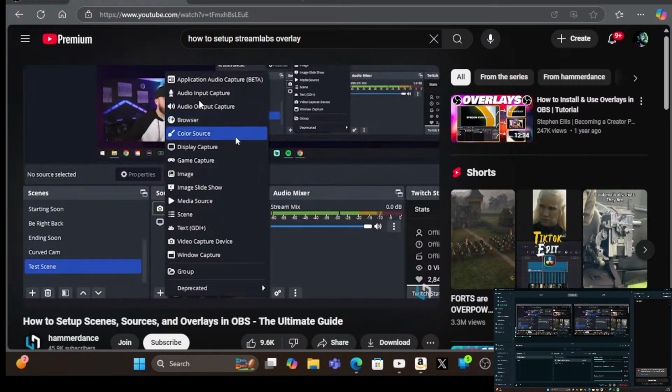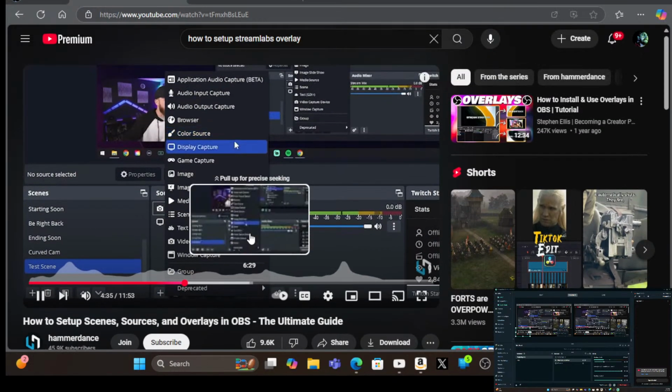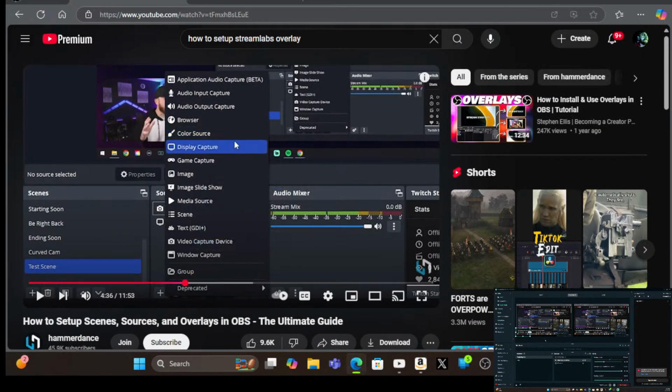Next on the list, we have color source. If you wanted to just add a swatch of color to your stream anywhere and use it as like a green screen or anything like that, but I doubt most of